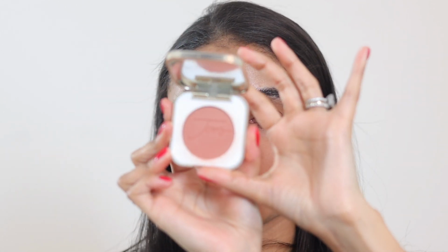I'm going to take this fluffy brush and just dip in. I've been loving wearing this on days where I really just want a neutral blushy cheek. Look how absolutely gorgeous that is. I'm not going to dip back in because I definitely have plenty of product on this brush. I just love this blush color. It is so gorgeous, and this powder is so nice. I don't find it too mattifying, but it is